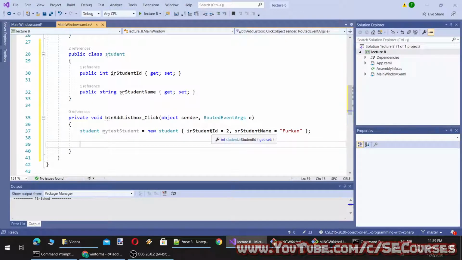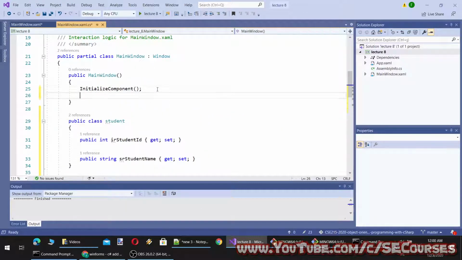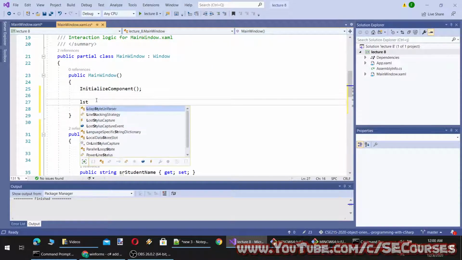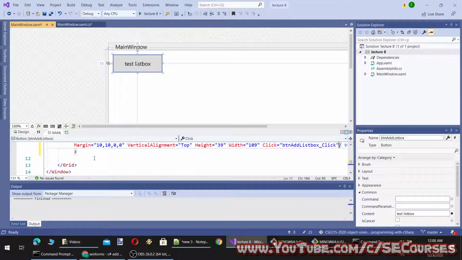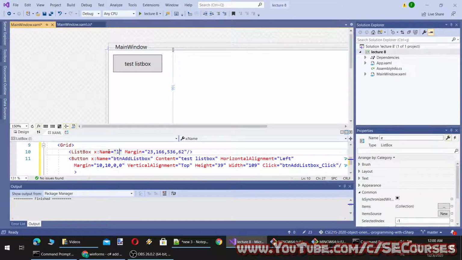So I am going to add this to my listbox. What I am going to do is, at the initialization of our main window, I am going to set, by the way, we have to give a name to our listbox. Okay, let's name it listBoxResults, and let's give a width and height to it.